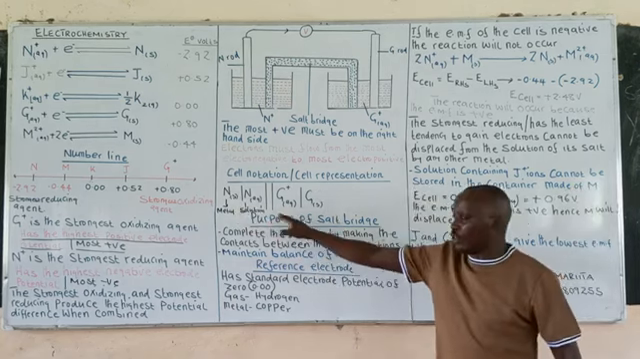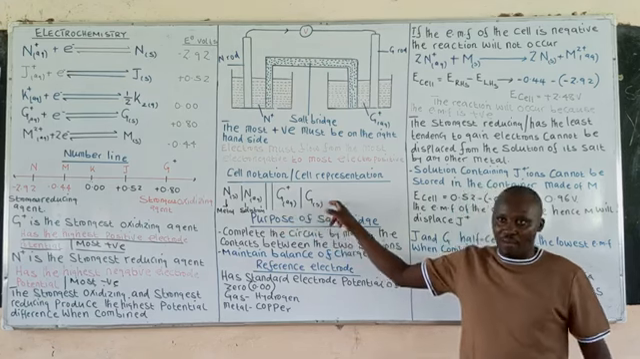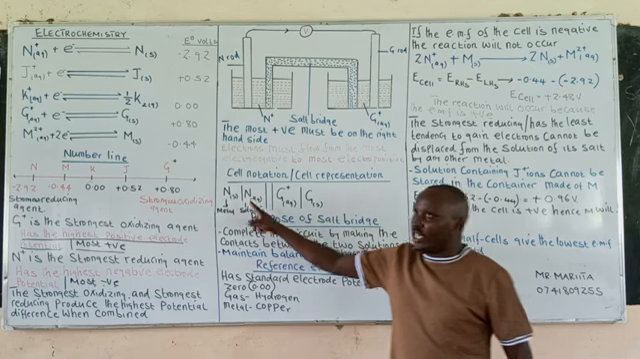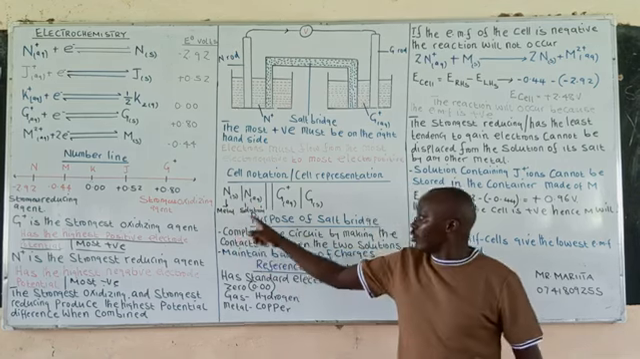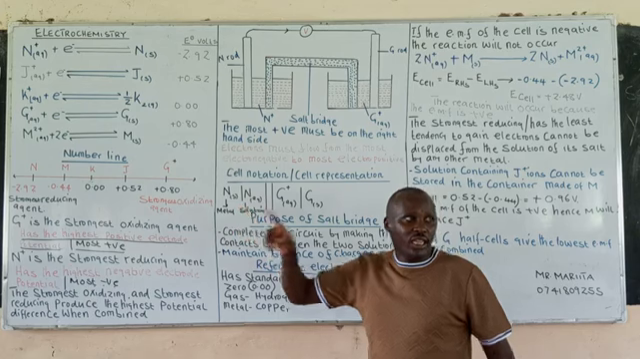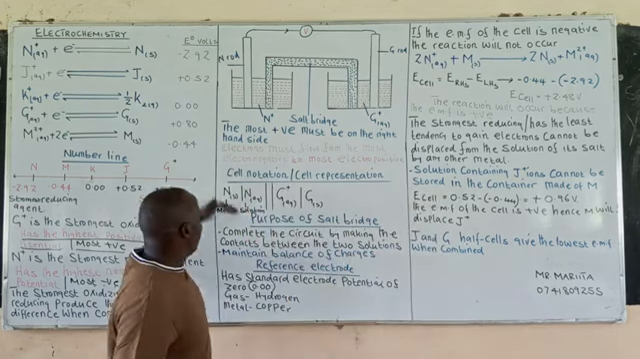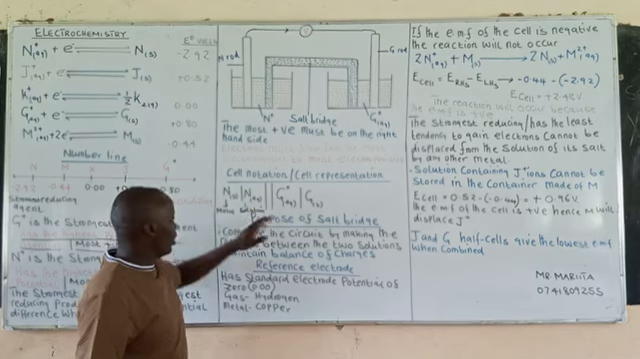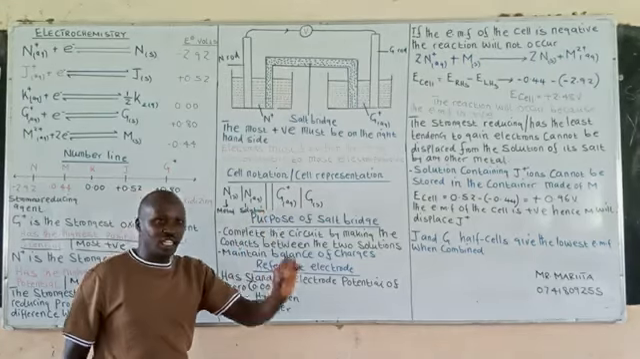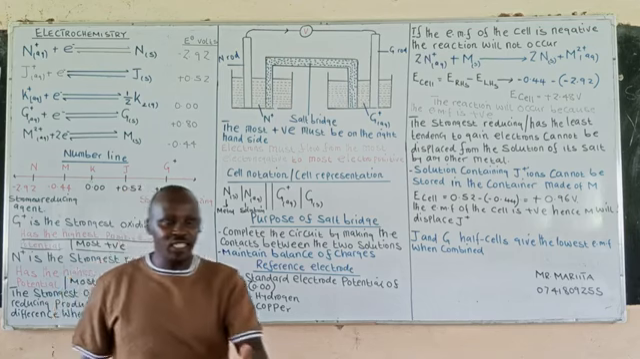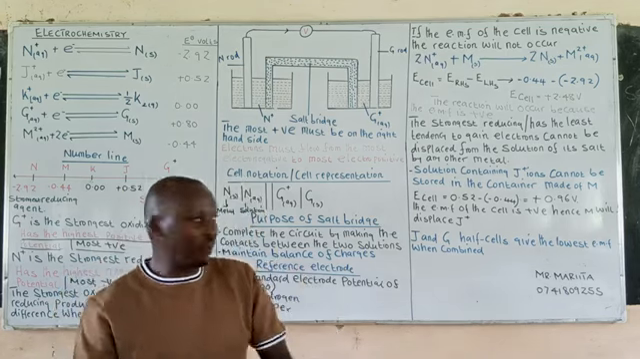Then after a salt bridge, you will have a solution, and then you will have a metal. Then we have a single stroke and a double stroke. The single stroke just means the phase boundary between a metal and the solution. Then we have a double stroke represented here. This one represents the salt bridge, which completes the circuit or allows electrons to flow from one half cell to